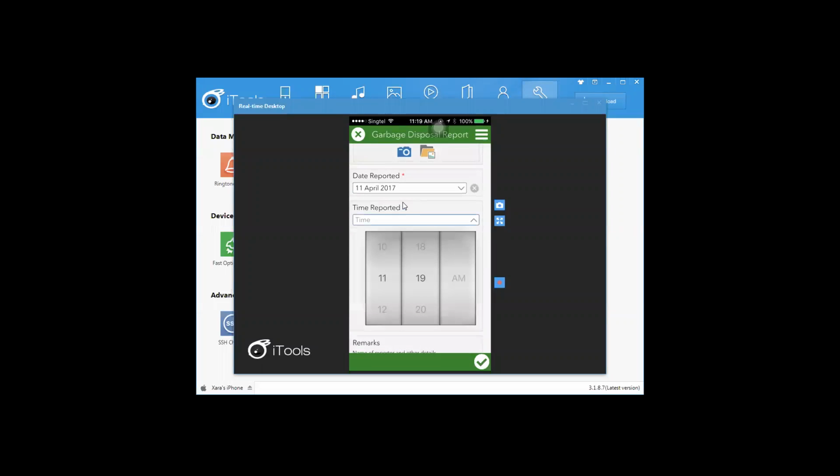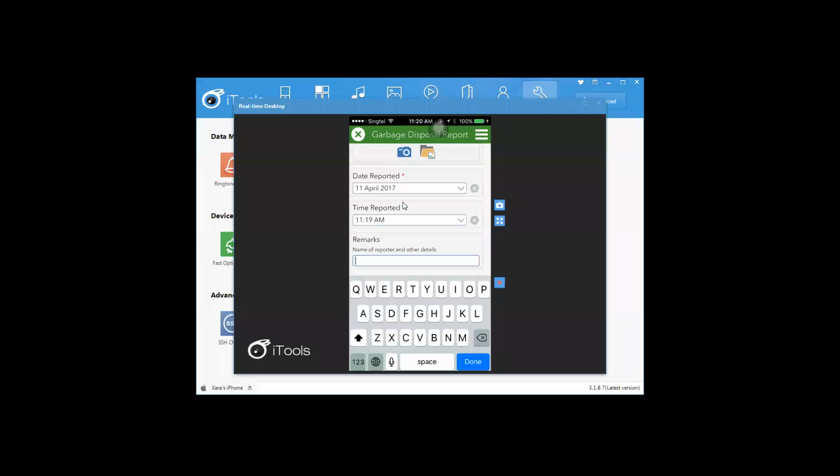Okay, right. And from there, I can also add remarks such as my name, but this particular parameter is optional, as you can see. Only those highlighted with a red star are the required fields that I would need to populate in order to successfully send this report.